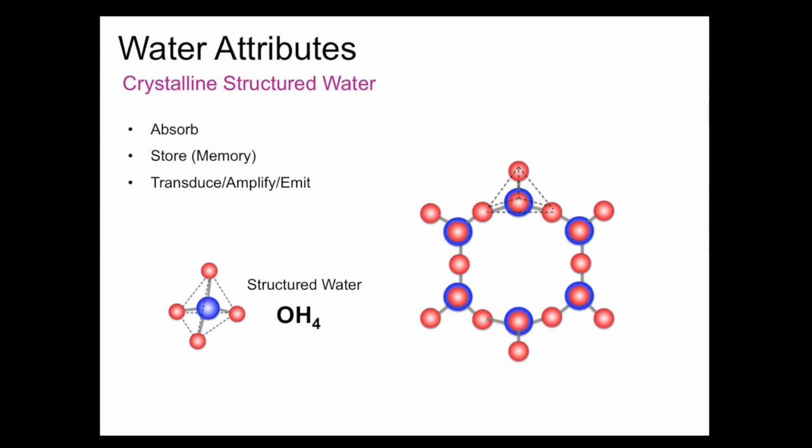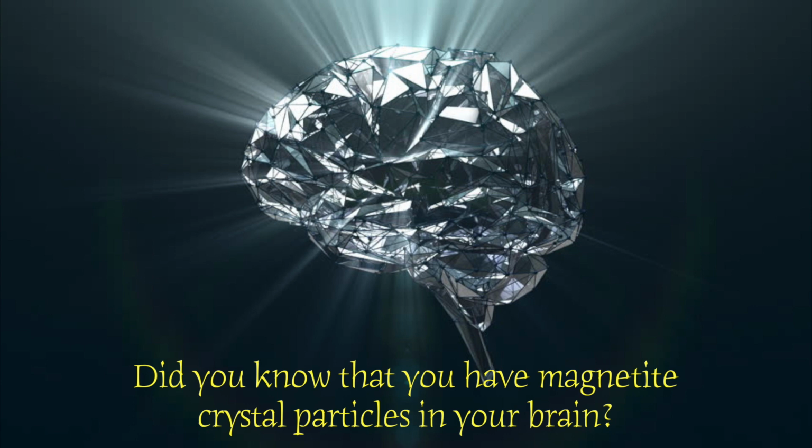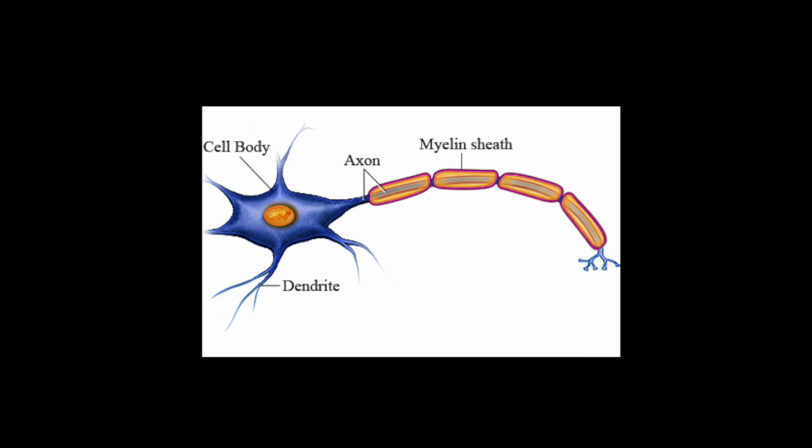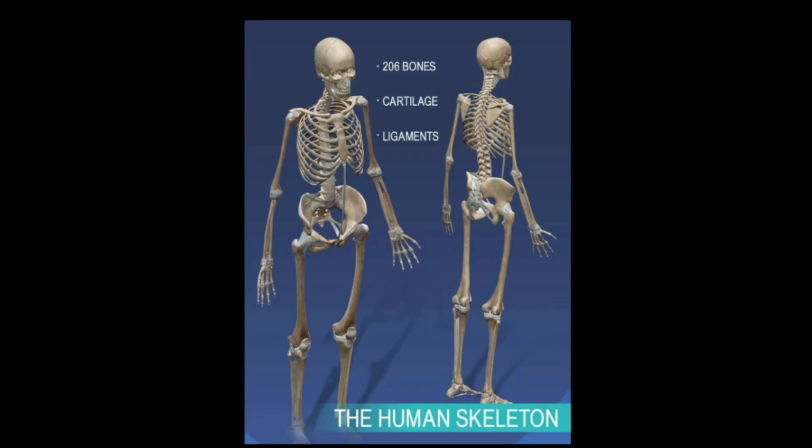Your very organs are submerged in liquid crystals of water. Your brain is composed of billions of magnetite crystal particles. Your DNA molecules, when placed in a solution of water and salt, also form liquid crystals. The myelin sheath of your nerves also has crystals, and your bones have liquid crystals as well. I said all this to say that anything that uses radio waves depends on crystals, and your body is not